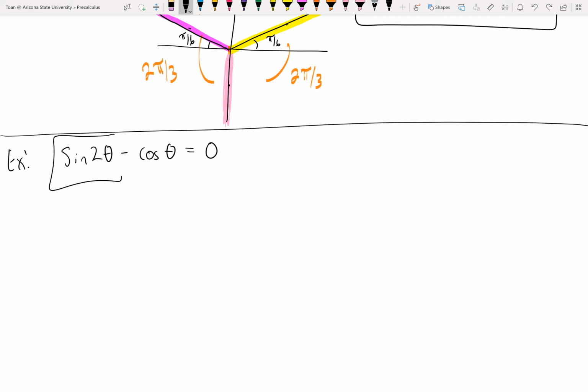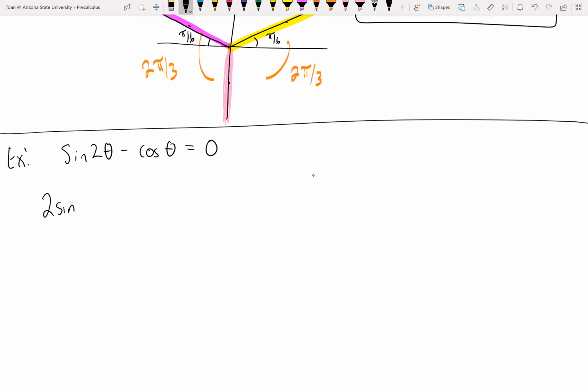Well, clearly, this is 2 theta. This is a double angle, so I'm going to use a double angle formula for sine. Looking at my reference sheet, or because I know it, I know that sine of 2 theta is 2 sine cosine. So I'm going to write down 2 sine theta cosine theta as a trig substitution for the double angle for sine. And then, of course, we have the minus cosine equals 0, and then we can factor out the cosine,